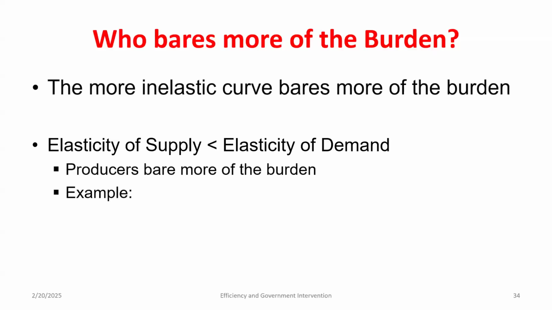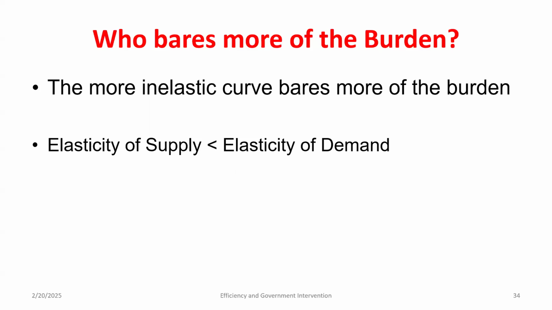Okay. So here I've got just some examples. And I wanted to change this second one. Let's say I had an example where we're both elastic. So here I have an example where both supply and demand are elastic, right? They're above 1. But who is more inelastic? Whoever is closer to 0. So here, who would be more inelastic, consumers or producers? Producers. So if they're more inelastic, who's going to bear more of the burden of that tax, or whose surplus is going to go down by more? The producers. They're going to pay a larger percentage of that tax.